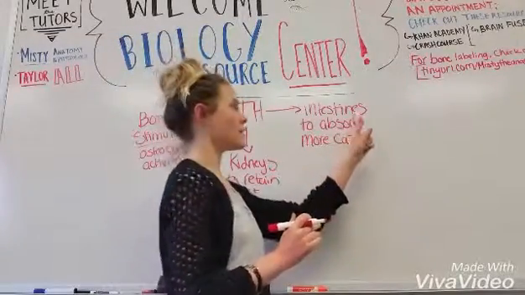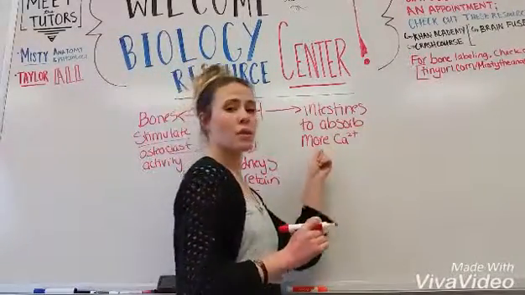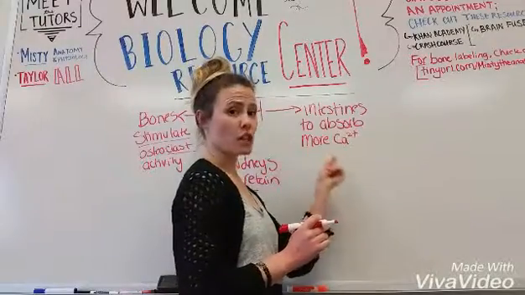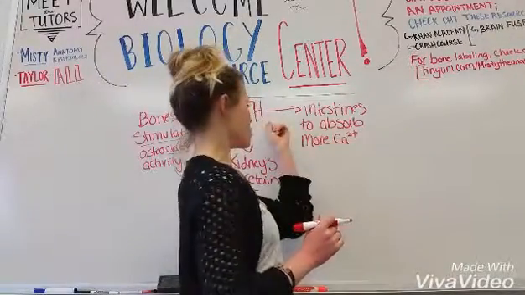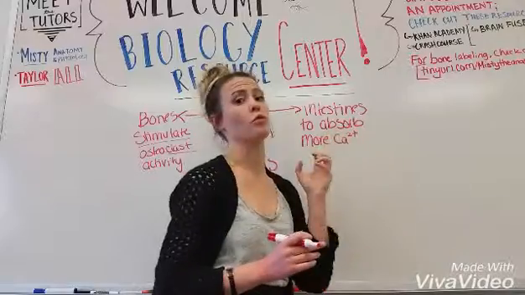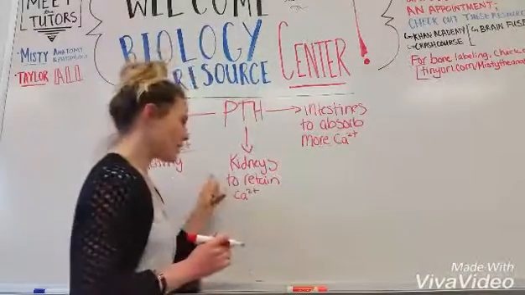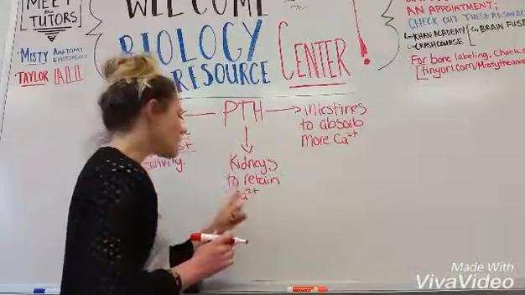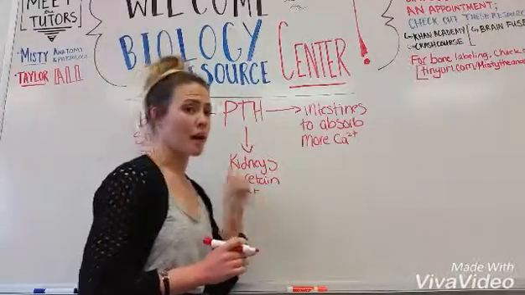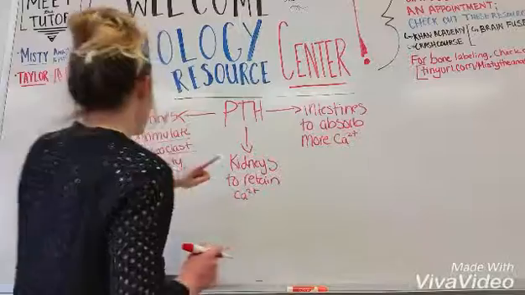It's going to target the intestines to absorb more calcium from our food. So when our food is being digested, what this hormone does, it's telling the intestines to absorb as much calcium as it can from our food. Then it's going to target the kidneys. It's going to tell the kidneys to retain calcium from being excreted in urine, and then it's going to target